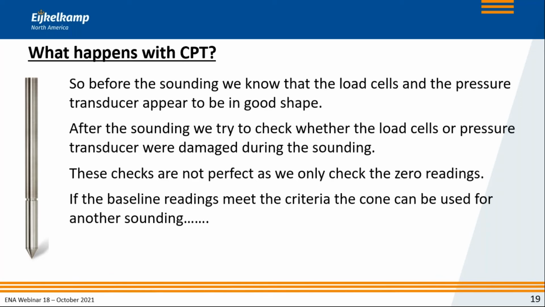We do a calibration at T is 0, then we come back, say, after a year, or after 6 months, or after a year and a half, whatever the time frame is, or if we have pushed the cone so many meters, and then we check again: is the cone in good shape? Instead, what the CPT process does is that every single time that we use the cone, we check that it is in good shape,